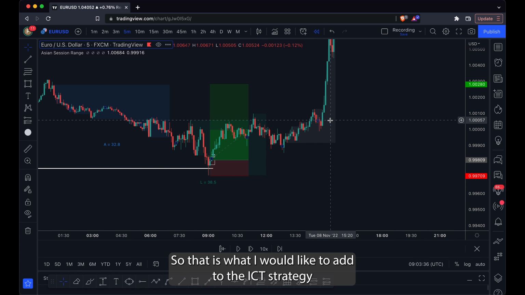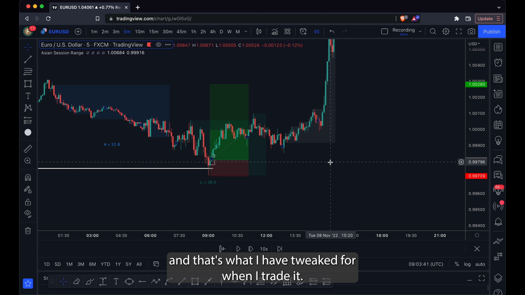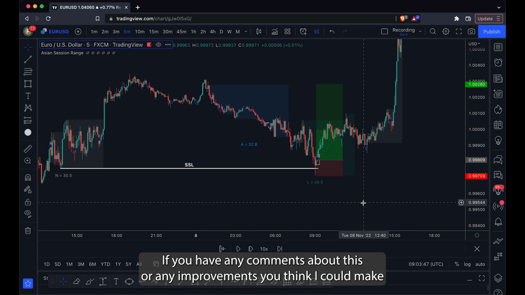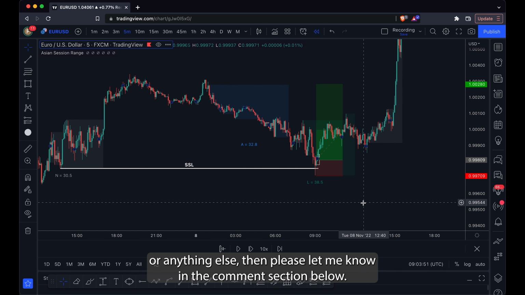So that is what I would like to add to the ICT strategy, and that's what I've tweaked for when I trade it. If you have any comments about this or any improvements you think I can make or anything else, then please let me know in the